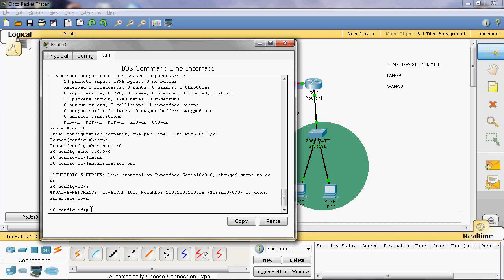Now in Point-to-Point Protocol we have two protocols. One is PAP and another one is CHAP. PAP is Password Authentication Protocol and CHAP is Challenge Handshake Authentication Protocol. Now we can configure PAP first. Point to